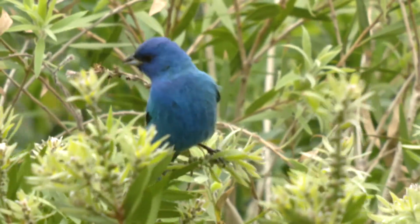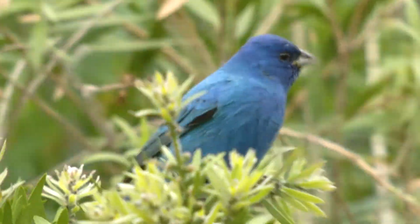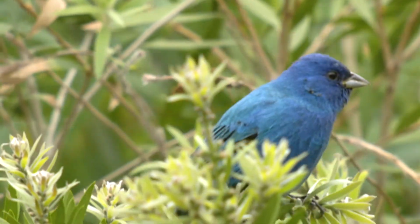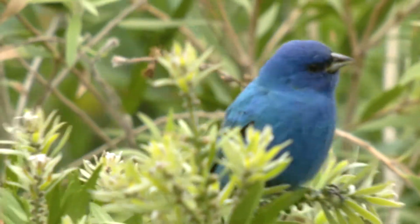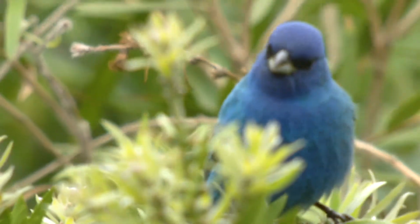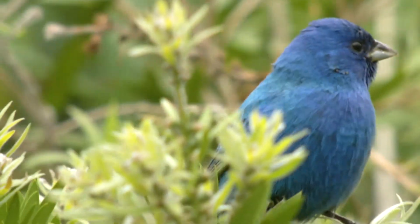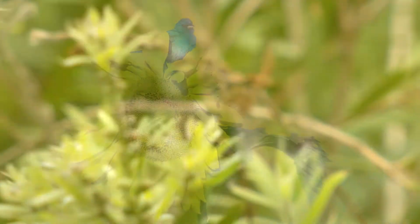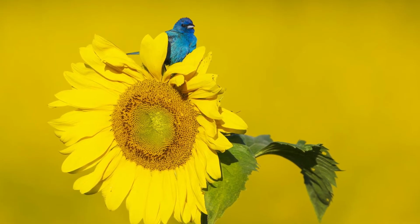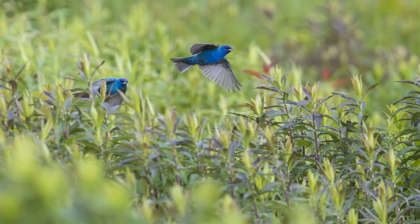If there's one true show-off in the Conservancy, it might just be the Indigo Bunting. This migratory songbird has been called the blue canary, and it's easy to see why. Buntings belong to the cardinal family, and like the cardinal, the male bunting is both vocal and brilliantly colored. Arriving at the Conservancy by May, migrating flocks are called a mural or a decoration, a perfect description of these